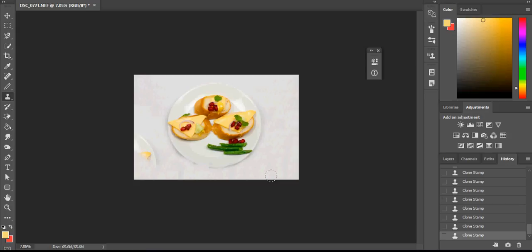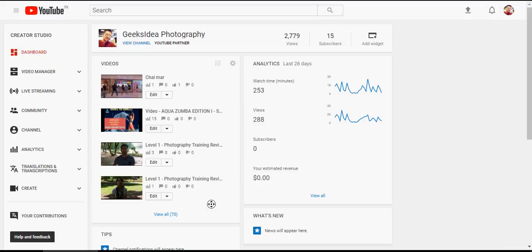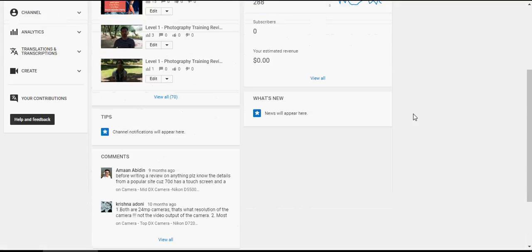Yes. The thing is, you cannot do this at the speed I'm doing. You can also try it now, see if you can do it. You will not be able to do it at this speed, because it will apply for some time and it will take a huge amount of hours for you. So it's best that you check this video out and then try to understand. For example, even how I try it, I'll tell you. I first see a little bit of it, try to replicate the same thing on my computer, and then see a little bit more, replicate on the computer. You mean even yours or the Photoshop tutorials? You can use mine itself. I have so many tutorials here on my YouTube channel. If you go to GeeksIdea Photography, you have